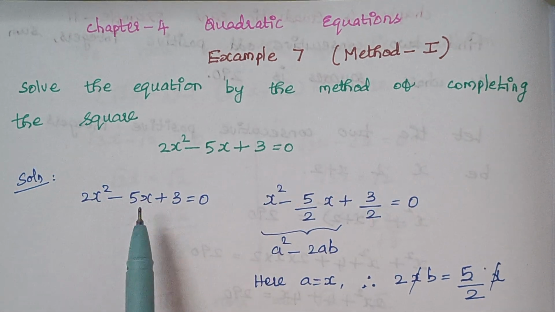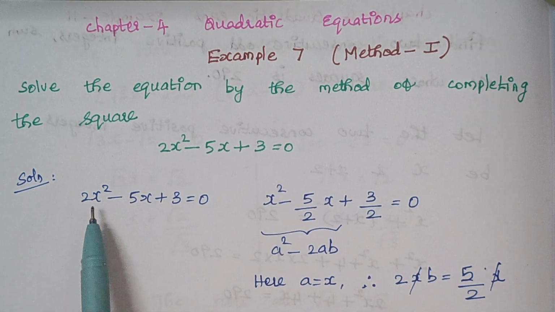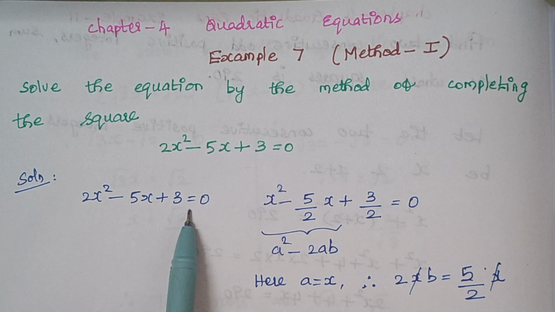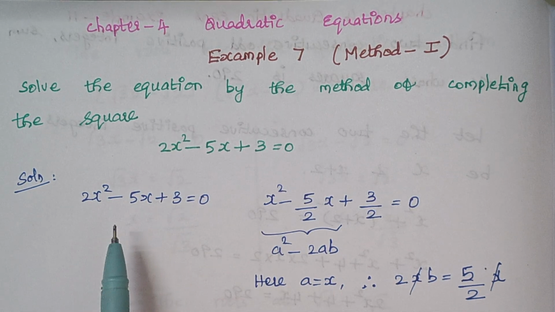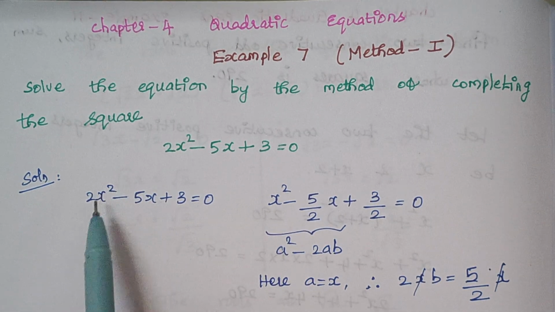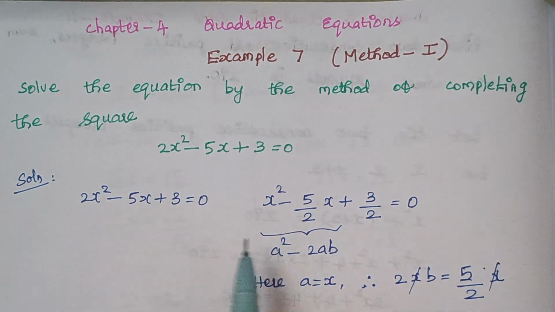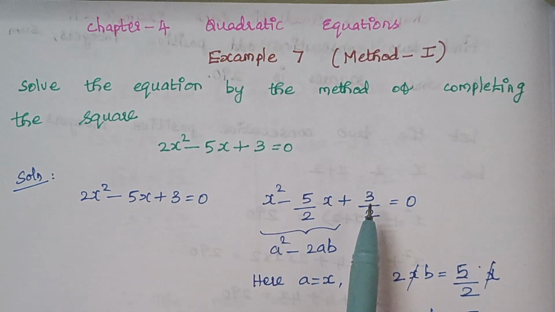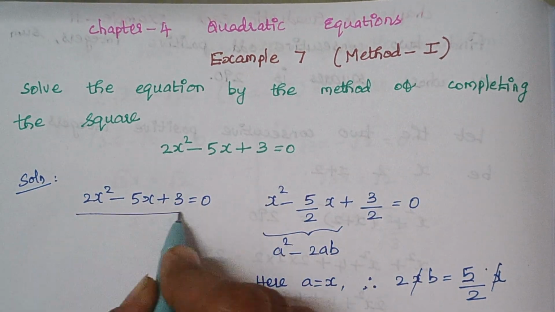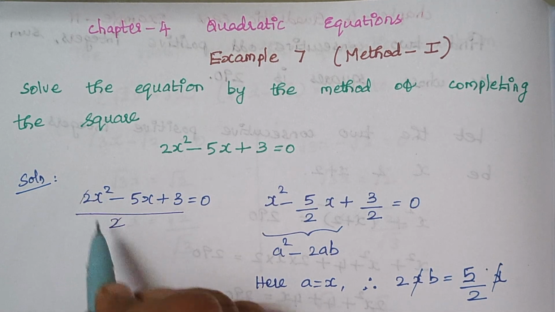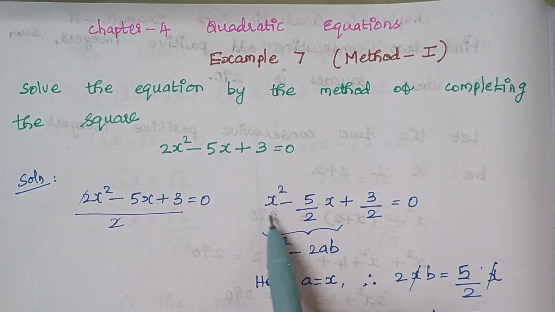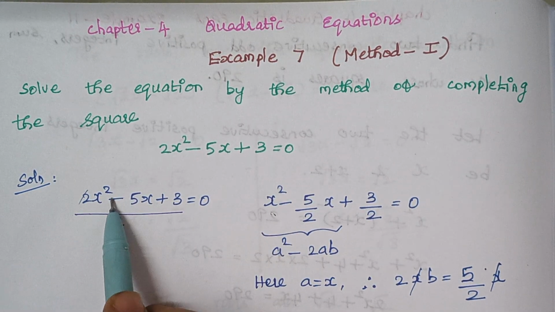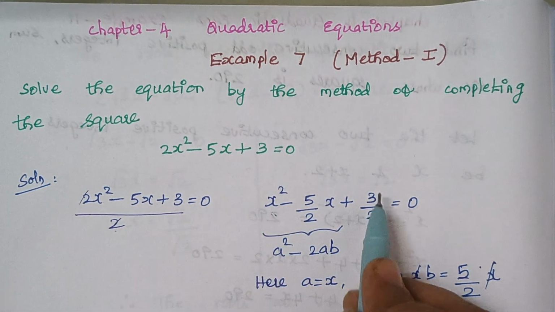So here what we are doing is, I am going to divide this entire quadratic equation by 2. Why 2? Because here the coefficient of x square is 2. So when you divide this equation by 2, what happens? You see, this 2 and 2 get cancelled. So here I am having x square, and here I am having minus 5 by 2x plus 3 by 2